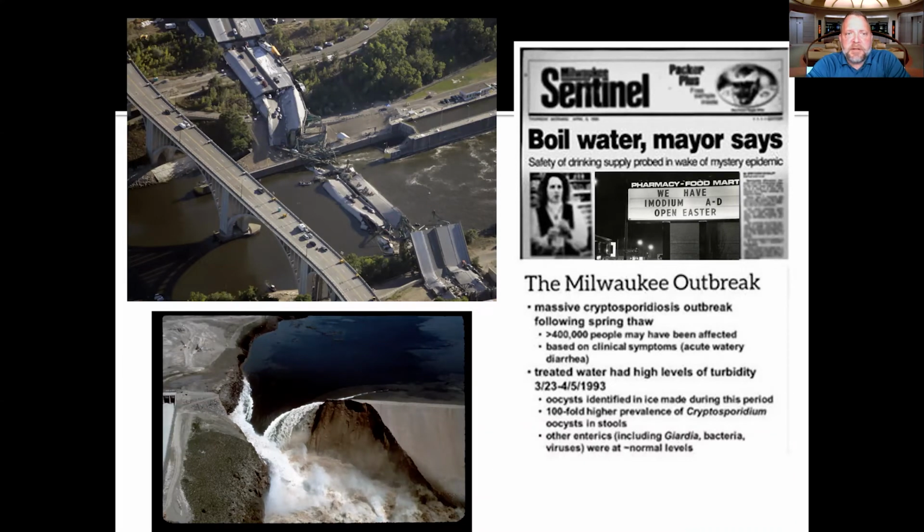In the upper left there, you can see a photograph of an interstate bridge that collapsed outside of Minneapolis. At the time it collapsed, I was still living in Iowa City, where I did my doctoral work. I had been over that bridge many times and had friends in Minneapolis. I had driven across that bridge, so it really hit close to home when it collapsed. Unfortunately, it was determined after the collapse that it was the engineer's fault and the contractor's fault.